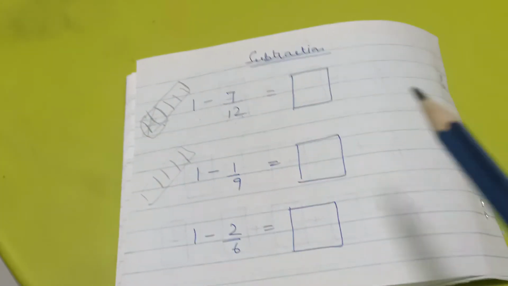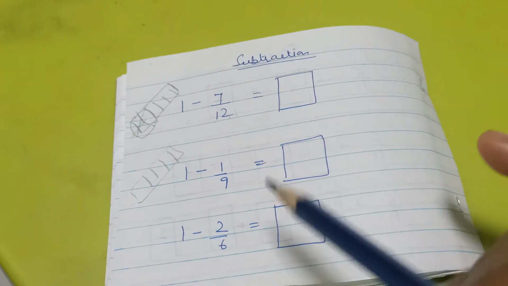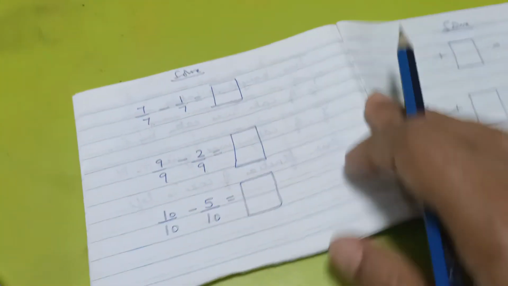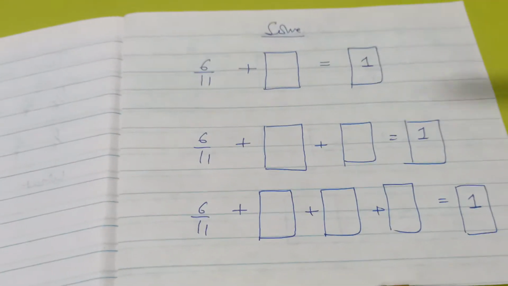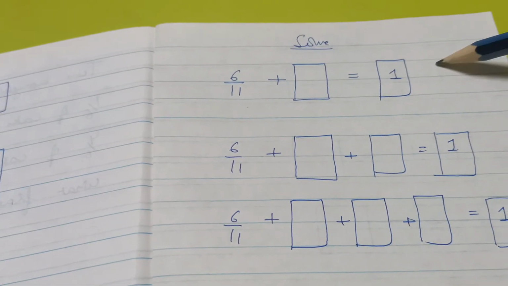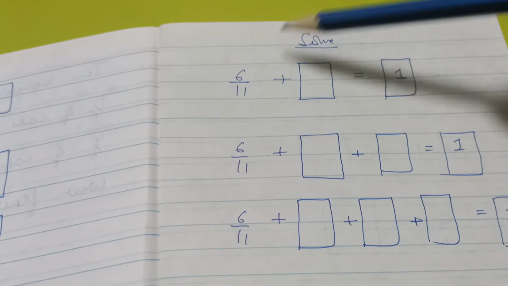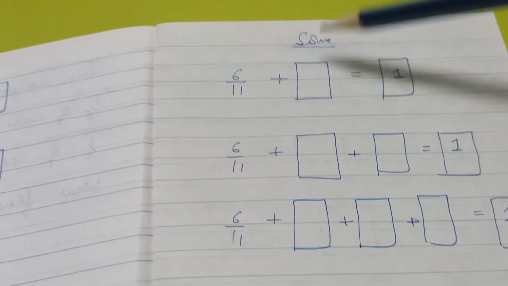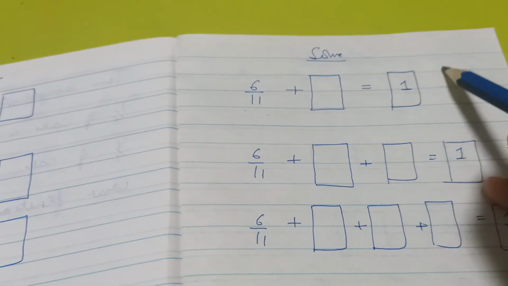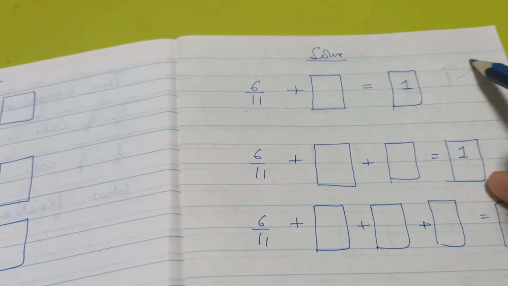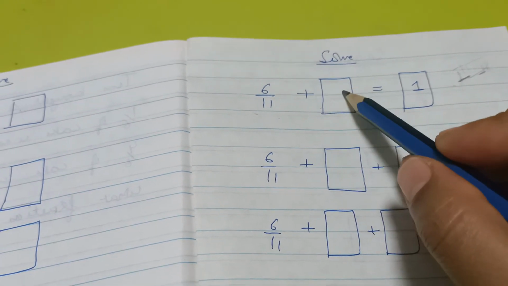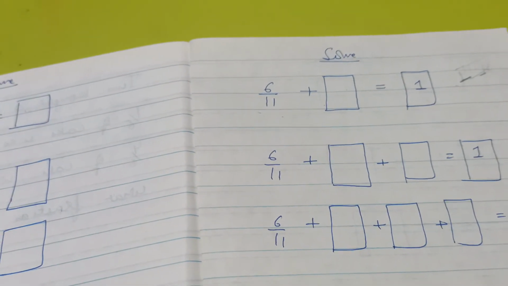left. So again, I am not teaching by LCM or anything. I want her to do everything visually so that she knows what we are talking about. One thing I added here: you can say subtraction, but I'm trying to explain the concept again, like 6 by 11 plus what will be equal to 1. So it's basically 1 minus 6 by 11. Visually, 6 parts are there of 11, and to make one whole, this is a shaded portion and this is a non-shaded portion. If I have a rectangle divided into 11 parts, and 6 are here, how much is left? 5 more parts. 6 by 11 plus 5 by 11 will be equal to one whole rectangle.